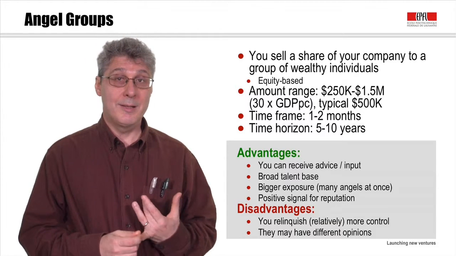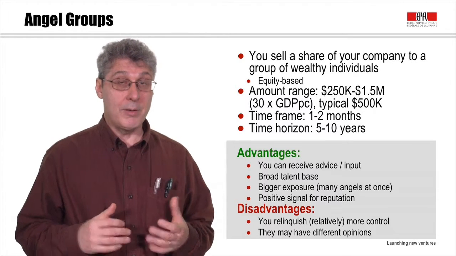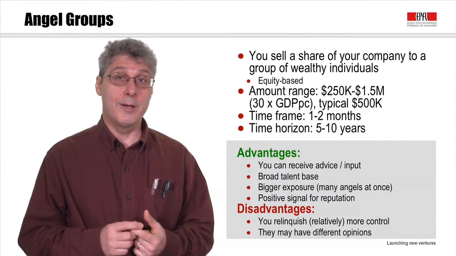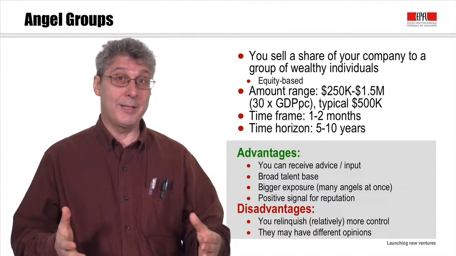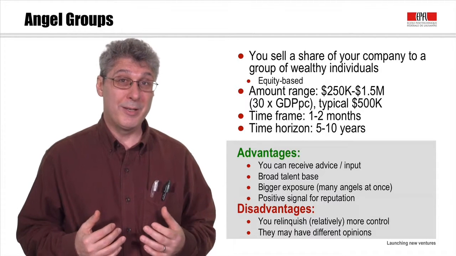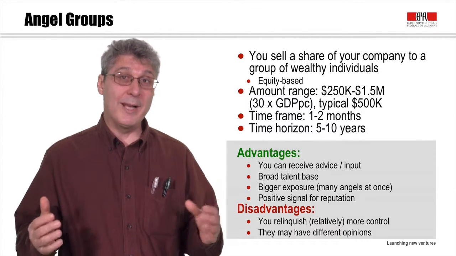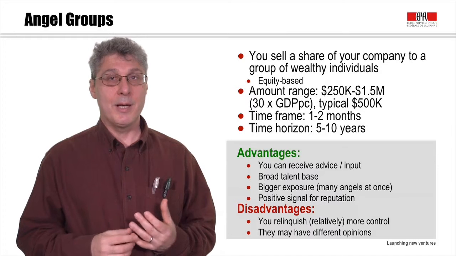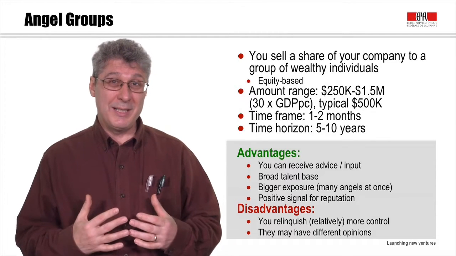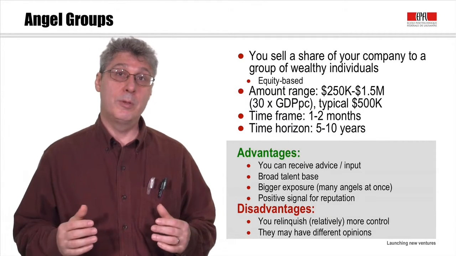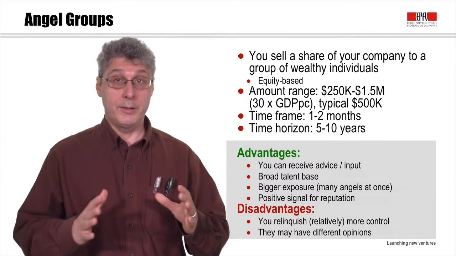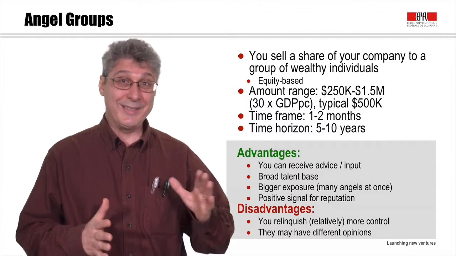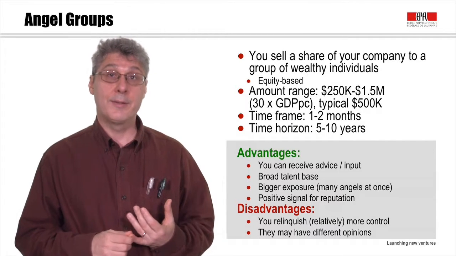The time horizon of these angel groups is often relatively patient. It's on the order of 5 to 10 years. Sometimes they would like to get out in a subsequent round or before a real exit event, but in many cases that's not possible, and they realize that. So many times they are willing to wait a little bit longer, and they do tend to come in earlier in the growth financing or the late startup financing phase.